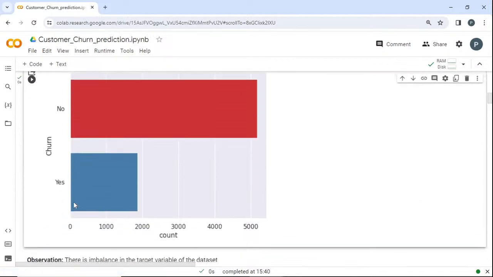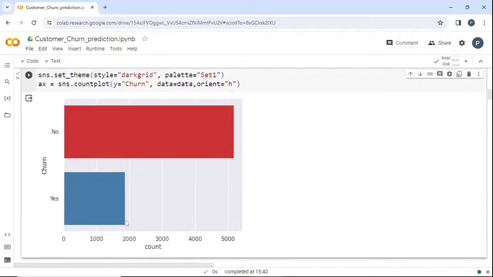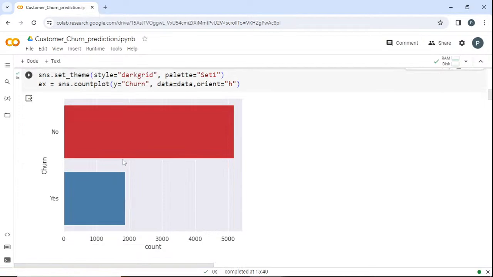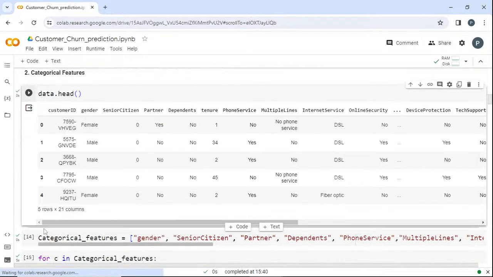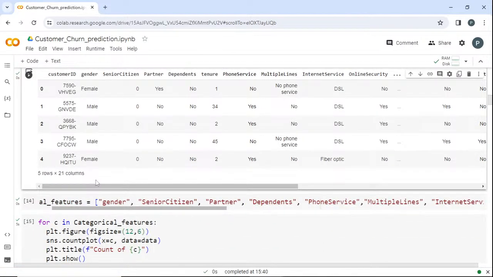This is a data analysis graph. From this you can see the count: nearly 2,000 have left and nearly 5,000 have stayed with the company, right? And we are going to select some categorical features, which are categories like yes or no, male, female.